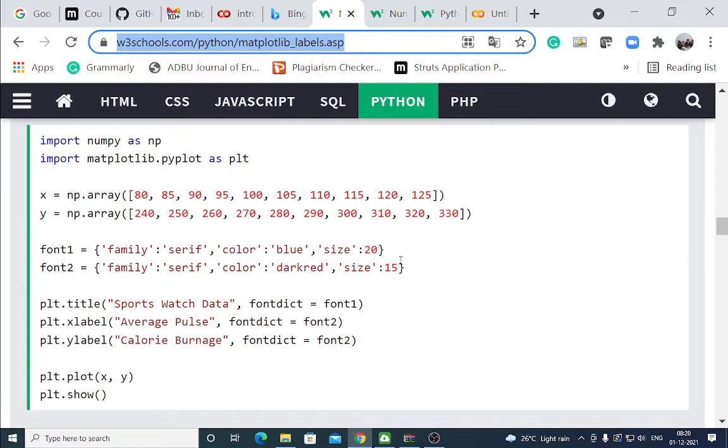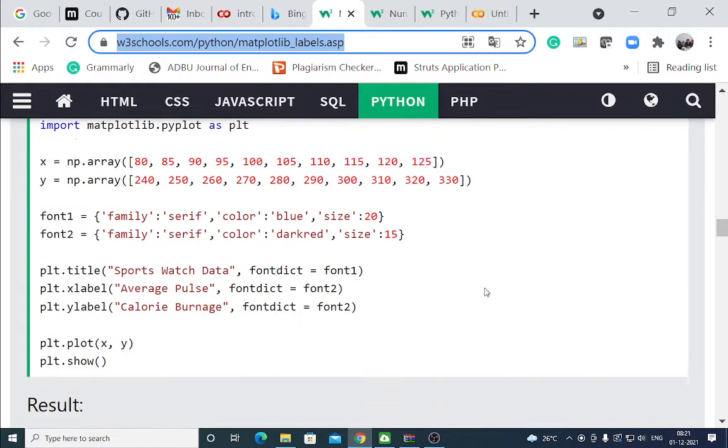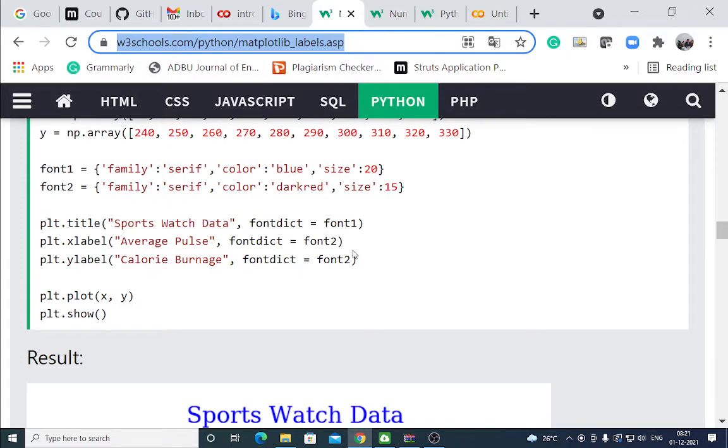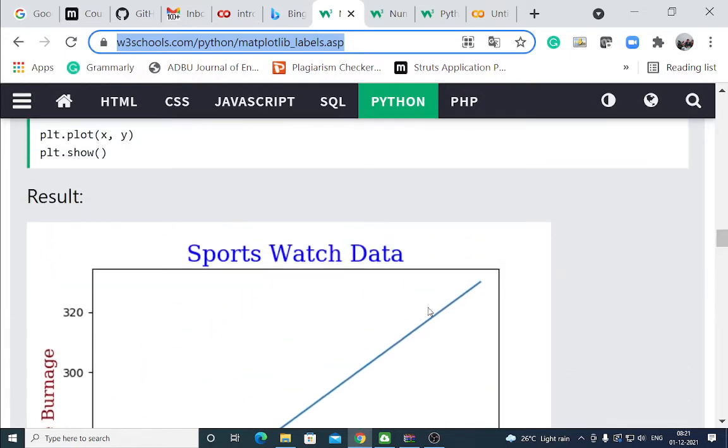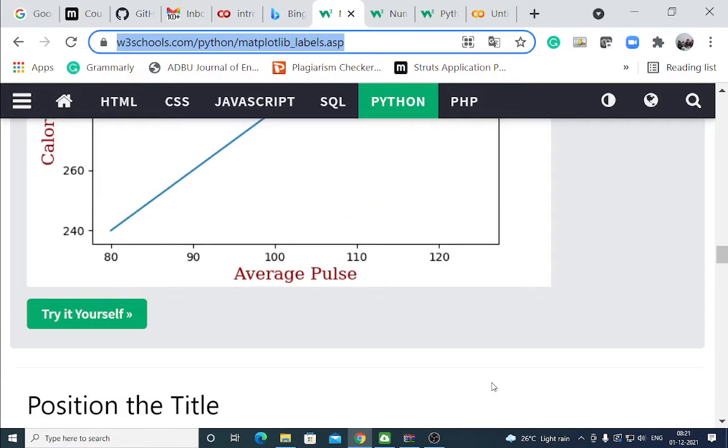Font 1, you have to take the family, color and size, and you have to add an additional parameter. fontdict is equal to font 1, fontdict is equal to font 2. Like that you have to modify and manipulate your graphs.